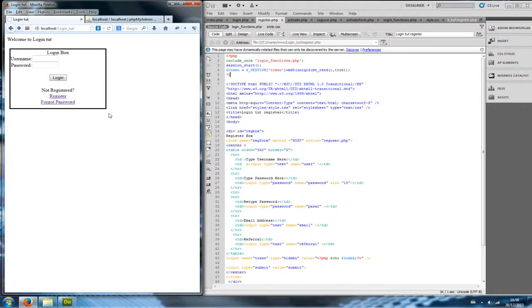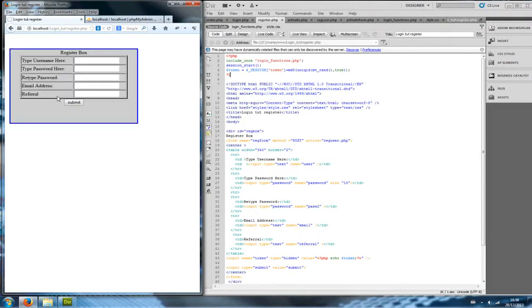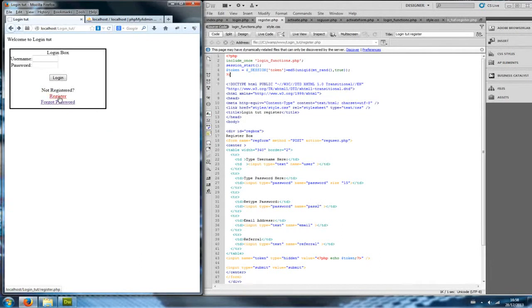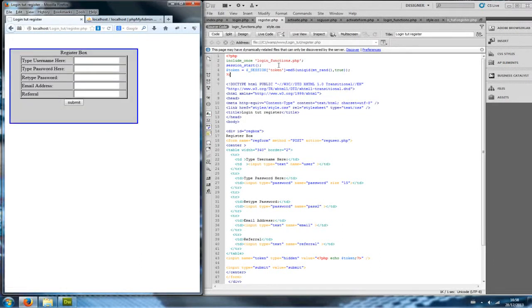What I've got here is a split screen setup: the index page and the register.php page in Dreamweaver, so you can take a look at both at the same time. Today we're going to be talking about registering a user for our login. So I'm just going to click on the link that says register, and that'll bring me up to the registration